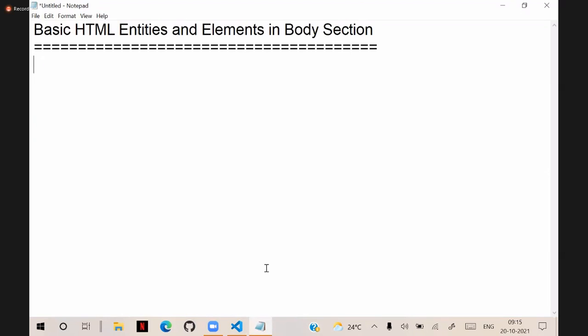Entities and elements. Actually, while designing the pages, first you need to understand line breaks. You need to know about line breaks. Now we are going to learn some basic HTML things which are very important for designing all kinds of pages. Line breaks: one of the problems is, generally, when you are designing a page,